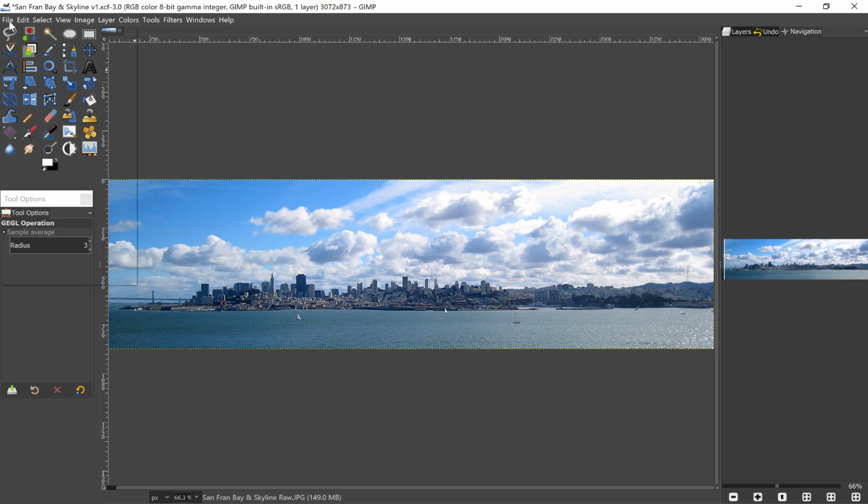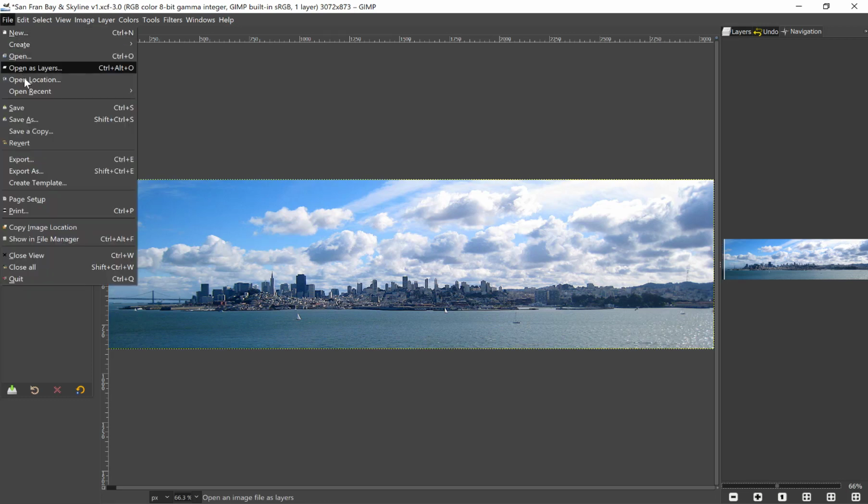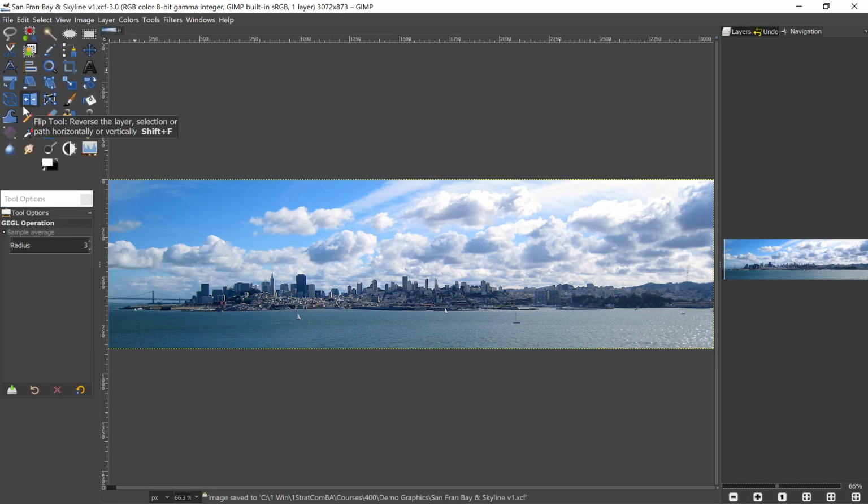So I'm going to simply go to File, and I'm going to one last time click Save, and then I can probably use it for different things. I still have it saved as version 1, and I'm going to have to do some things we'll show you in the last part 4 in terms of compressing these things down so they're smaller. But this is a really good kind of a master to work from,